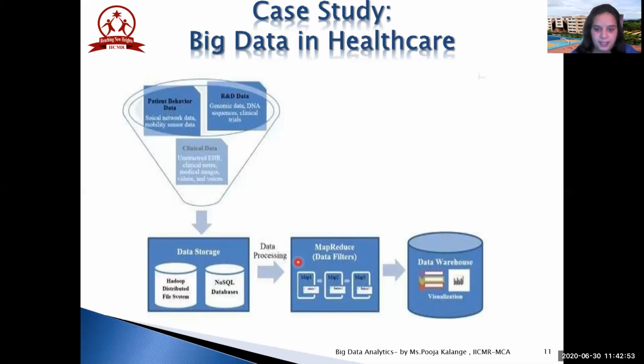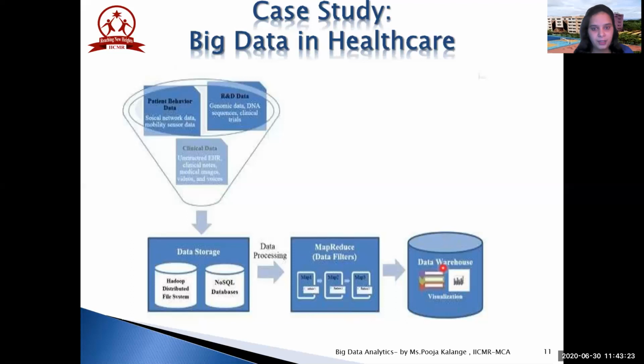After this filtering is done, maybe the patient records, the association between the diagnostic information, the genomic sequence, the medical reports and the clinical prescriptions, all of these will be mapped together. They will be reduced into a proper format, and then sent to the data warehouse, where decisions will be made for some business goals, or some decisions regarding the patients. And finally, this warehouse will give the data to the visualization team. So this is the basic procedure.